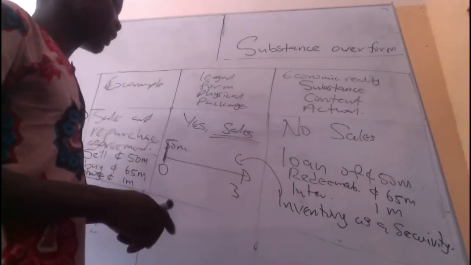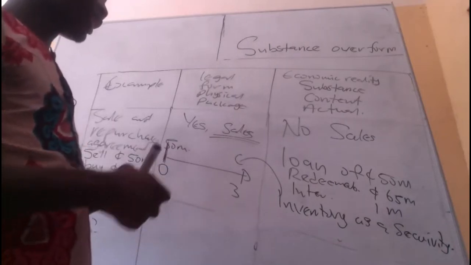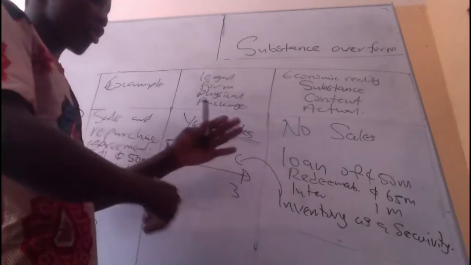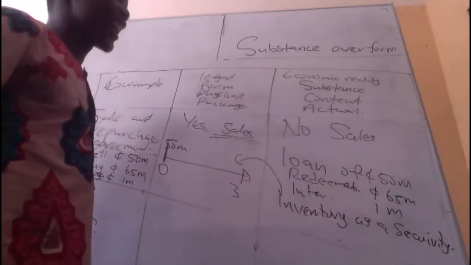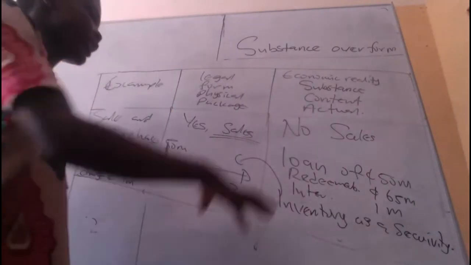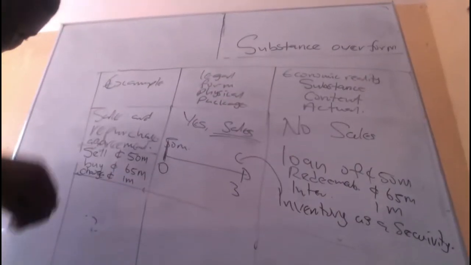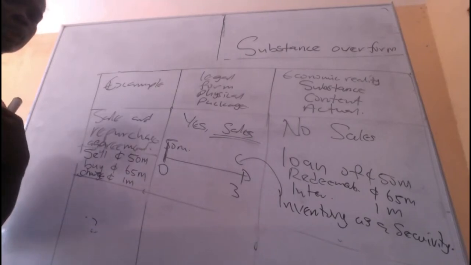In exams, 2 things will happen. One, we give you a transaction that we think has been recorded wrongly. They've recorded it as sales. What do you do? Reverse all and then record it as a loan, and then the finance charge is 1 million. So whatever the substance says should supersede the legal requirement, and that makes it substance over form. So take note for me. Okay, good. So now let's move on.